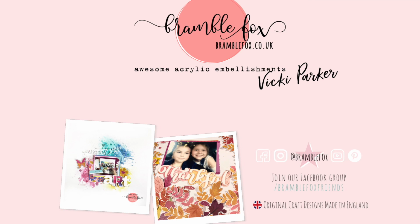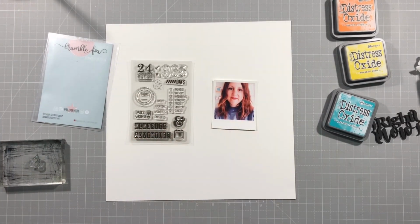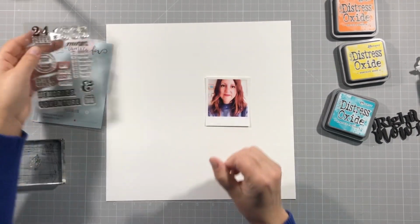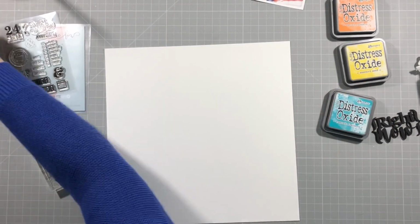I'm designing for Bramble Fox. I'm using a perspective from the August Fox box, and I'm using a new stamp and die set for September. So a stamp set and a die set, they don't go together. So this is the stamps. There's lots of bits and pieces on there which are great for everyday stamping, and I wanted to use the